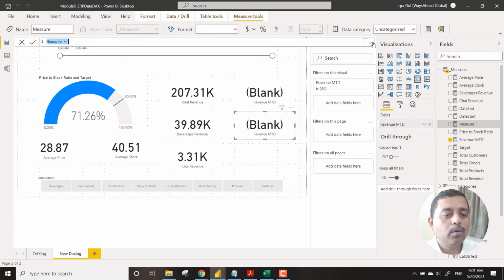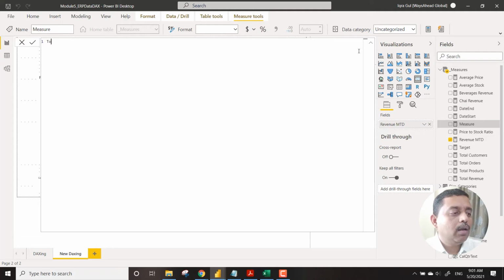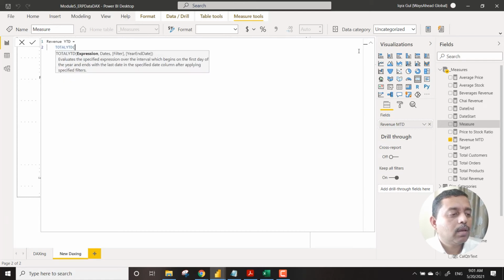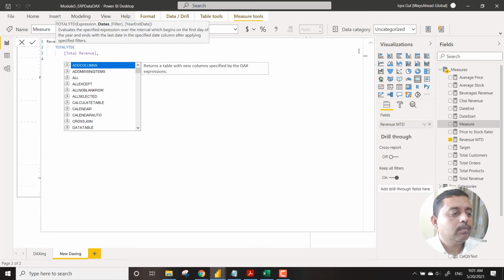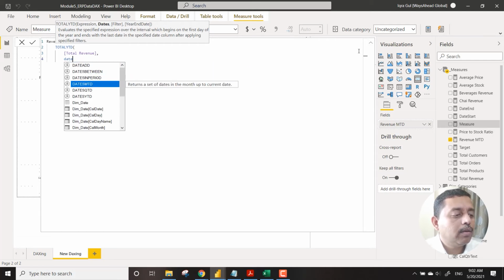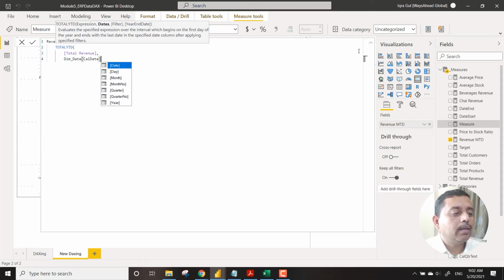So here what we do is we bring in revenue YTD, let's say, and we say TOTALYTD, and then what we do is we take the total revenue and then we say date, which is the cal date.